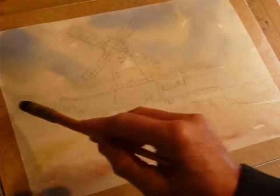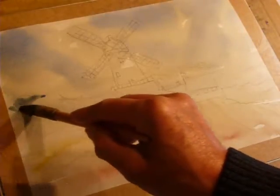I'm not saying which blue, because to be fair, any blue does. And a touch of yellow. Just looking for a bluey green, really. Very distant, so we'll start off on the outside. And if you notice,